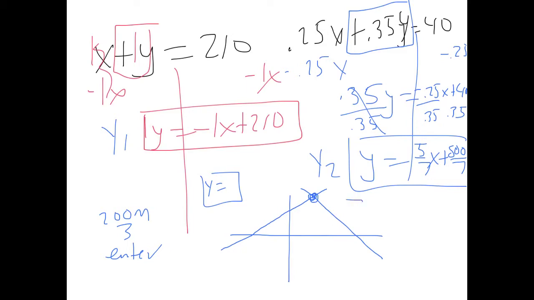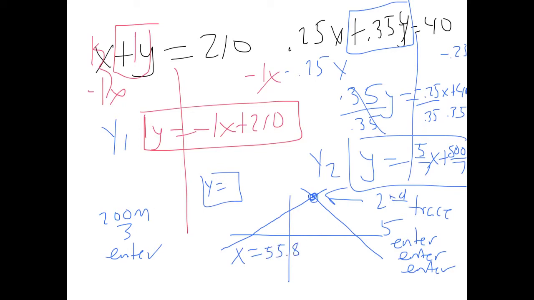When I see this intersection, then I hit second, trace, 5, and then I do enter 3 times in a row. So second, trace, 5, 1, 2, 3. And what I find out is that x equals 55.83 repeating, and y equals